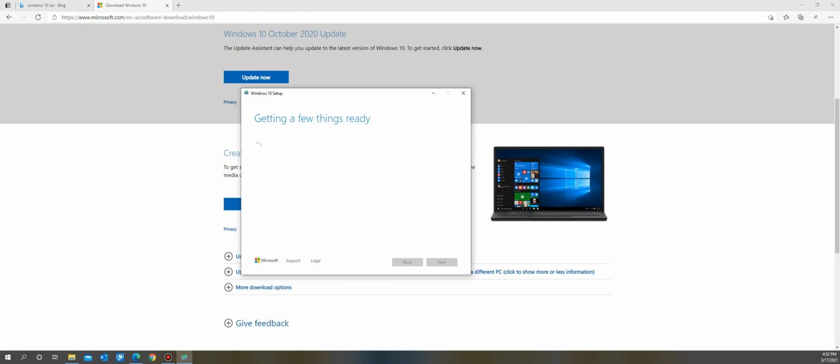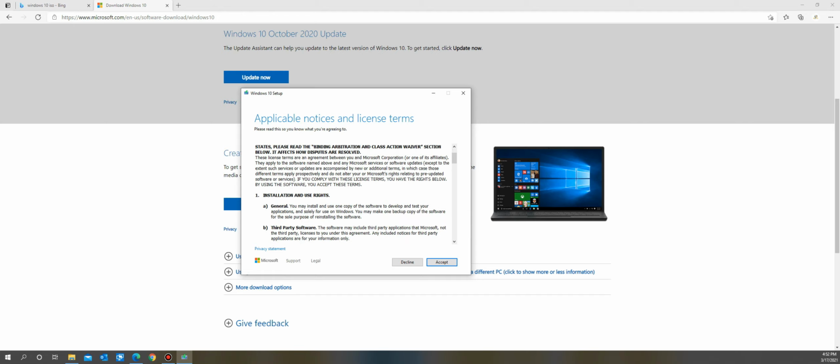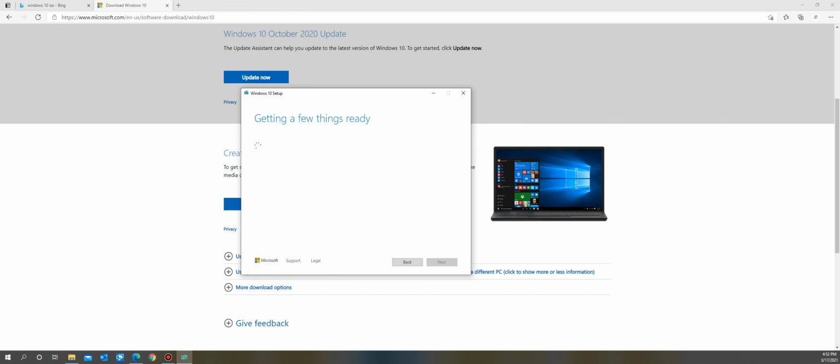So for creating a Windows 10 USB, the USB has to be at least 16 gigabytes. If it's 4 or 8, it's not gonna work. It has to be at least 16. So either 16 or a 1 terabyte storage drive, either one of those work, but it has to be minimum 16. So the license and terms, we'll hit accept,